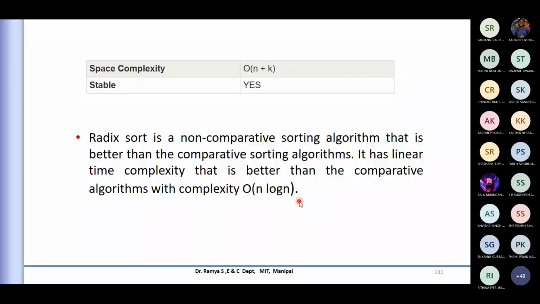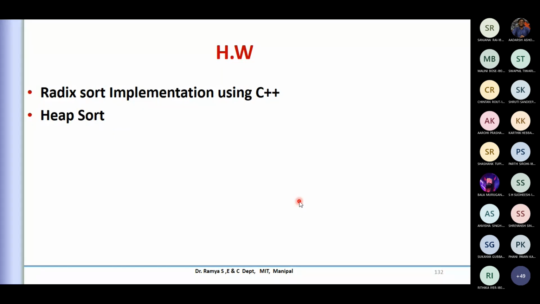It is important. Implementing it in C++, I will leave it to you. First, you have to find out the maximum number, the maximum number in the whole array. That is the first part. Then you have to represent that number, finding how many digits, how many places it takes. So you have to find out how much length of digits it requires to represent it. That is the second part.